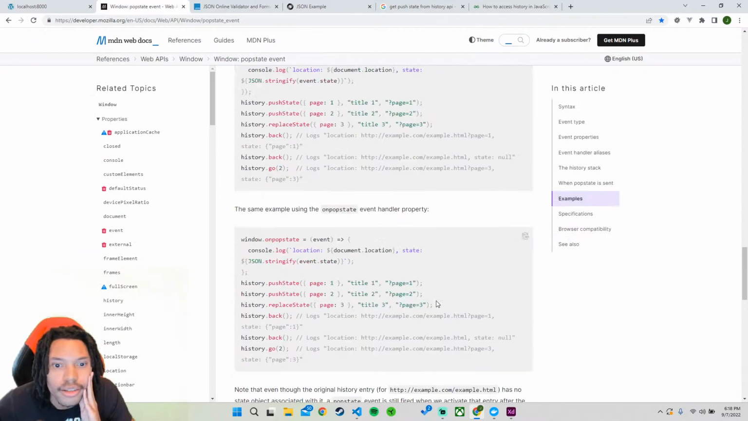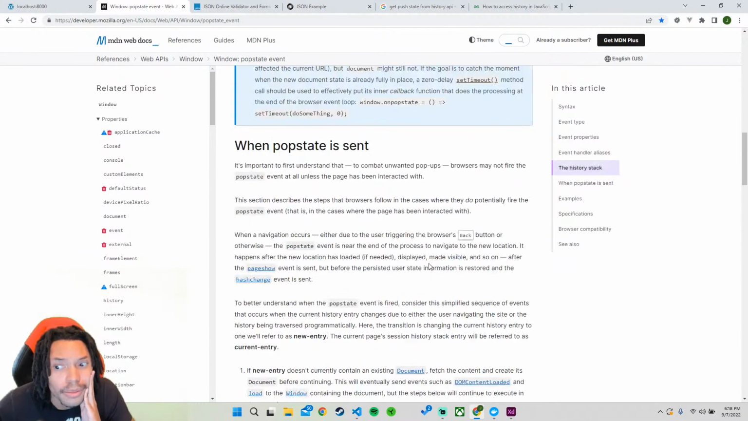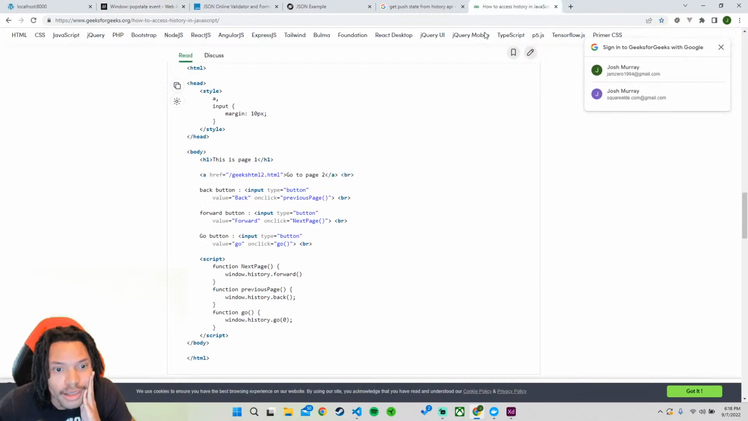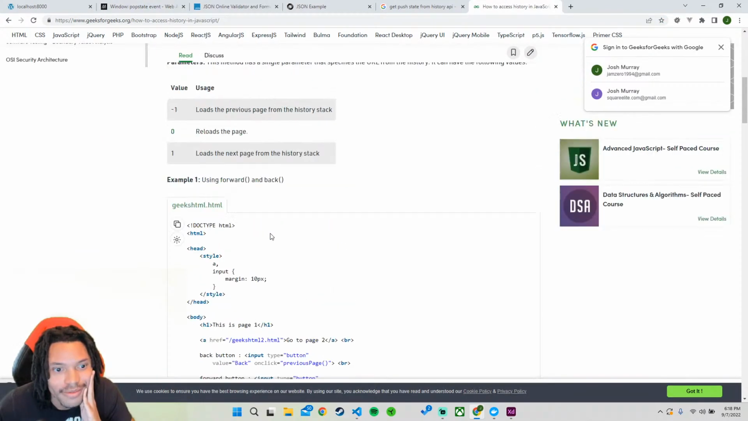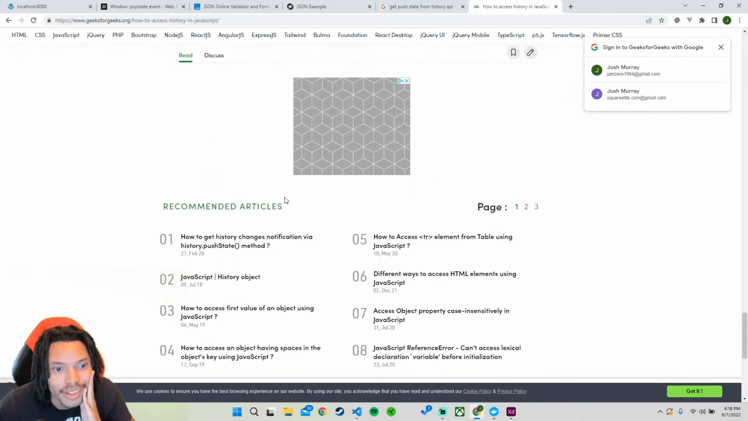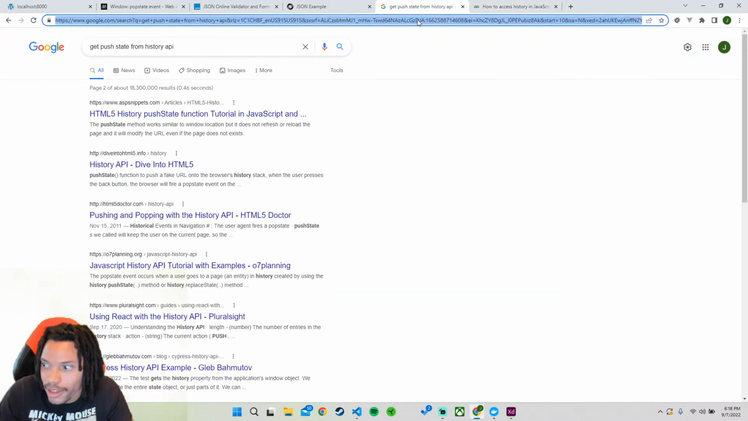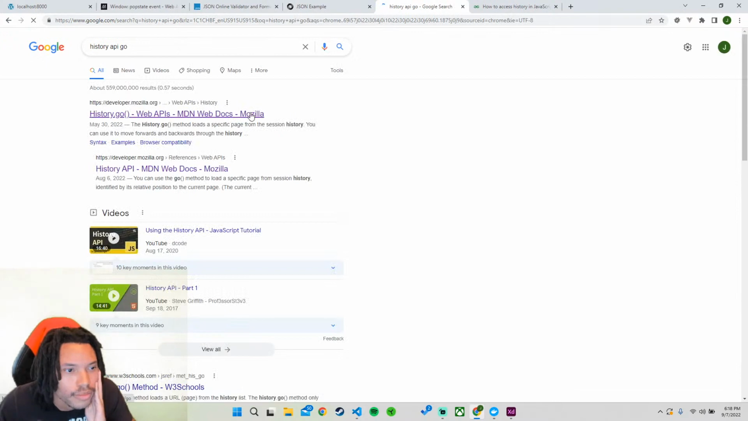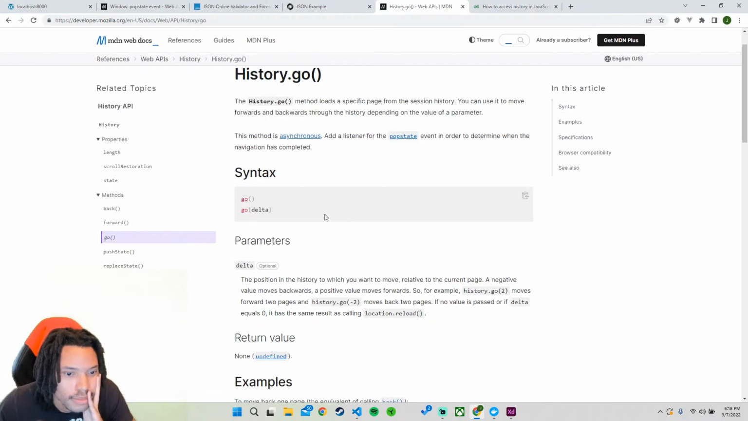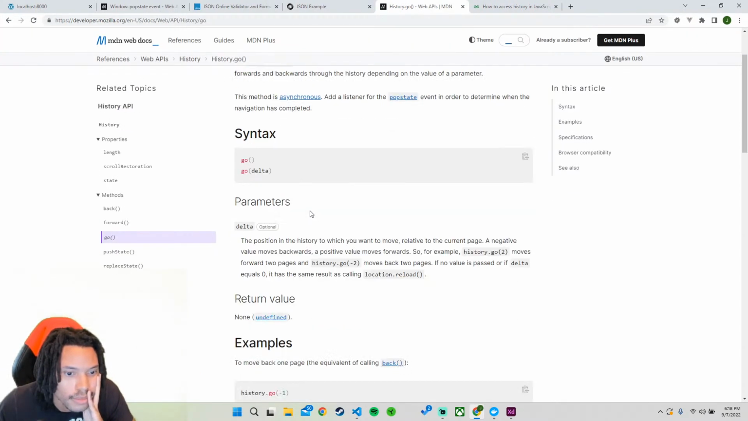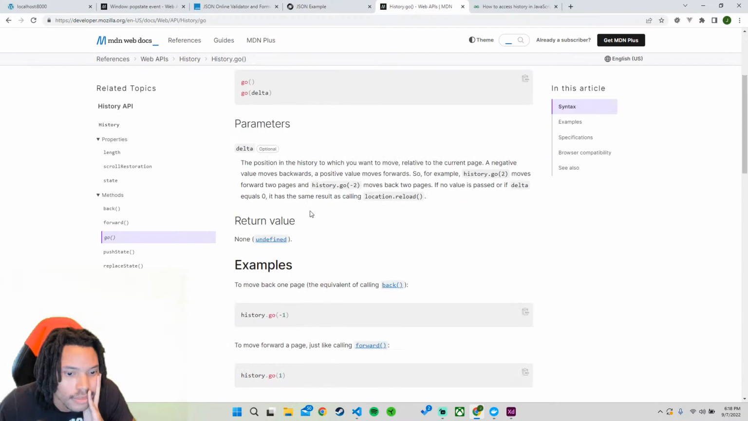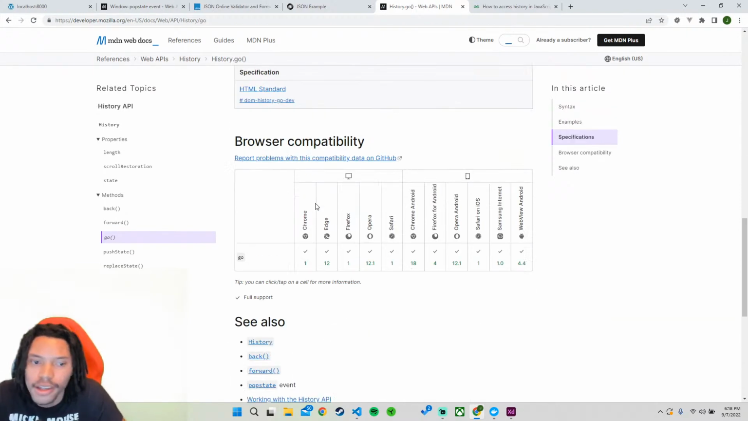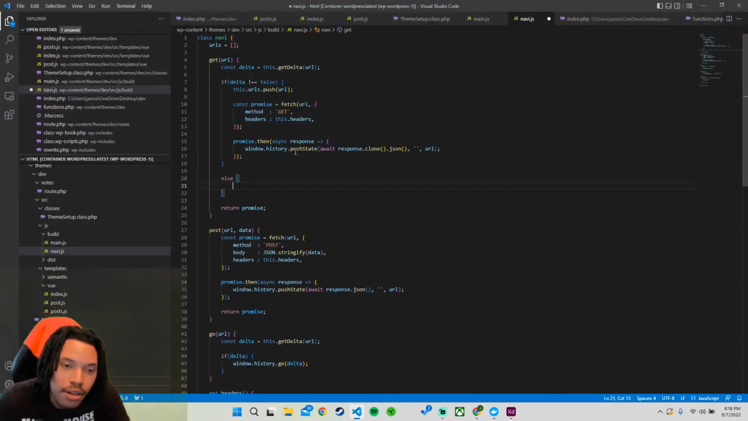Alright, so I'm thinking it's impossible, unless I can find something with the history and go. So if I do history API go. Okay, so it's not useful. All right, so if I'm gonna use caching, right? If I'm gonna use caching,